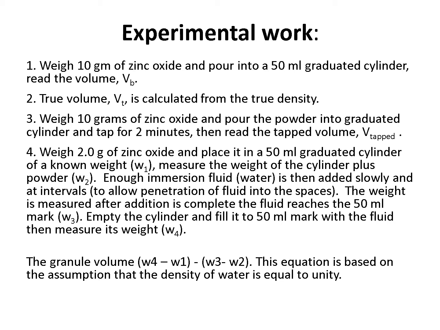All the cylinders we use in this experiment will be totally dry. So the concept is just weighing, and we will use the same cylinder in the 4 steps for determining a granular density. First of all, select a dry clean cylinder, weigh it, weigh 2 grams of zinc oxide and add it to the same cylinder and weigh it again. This will be weight 2. Then